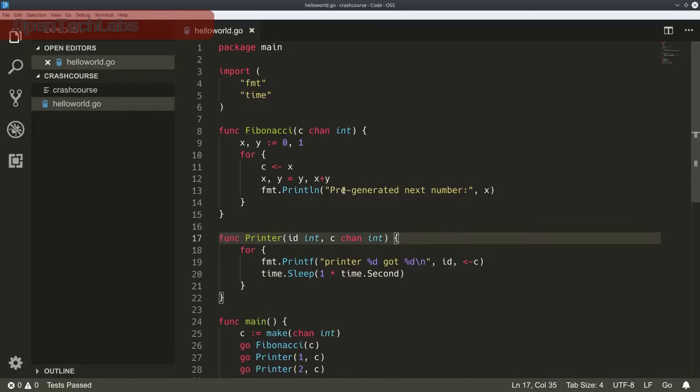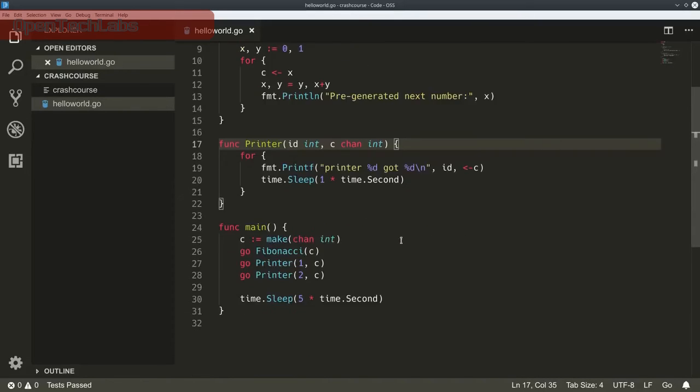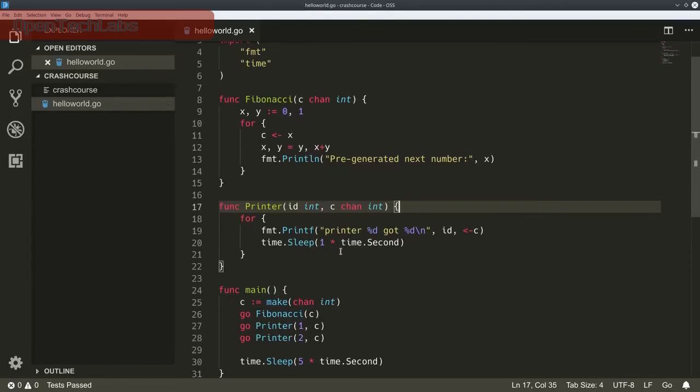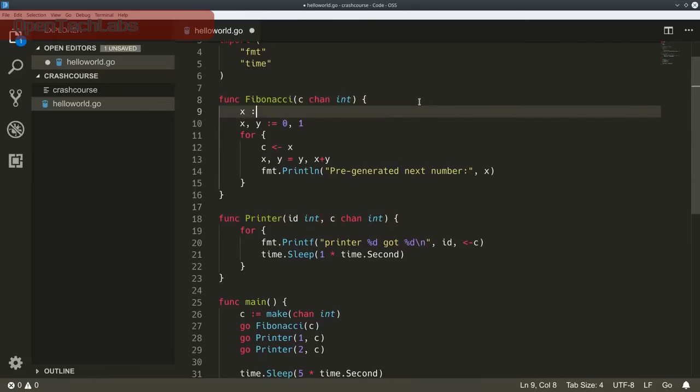So what is this going to do? It's going to start up the Fibonacci method in the background. It'll start by writing x to the channel. We declare two things here: x and y are 0 and 1. This is the same as if I'd write